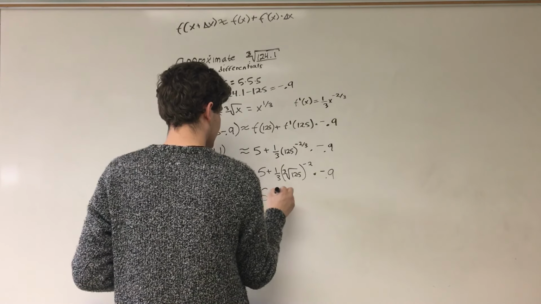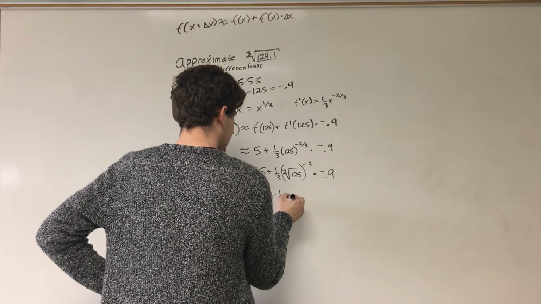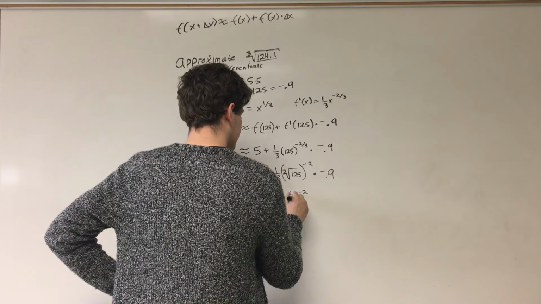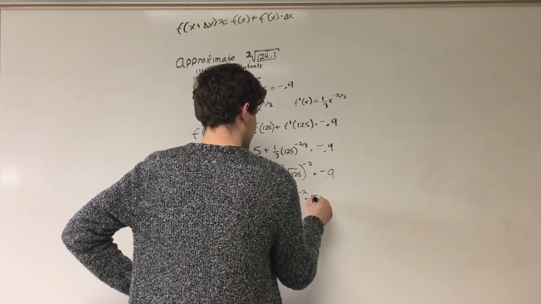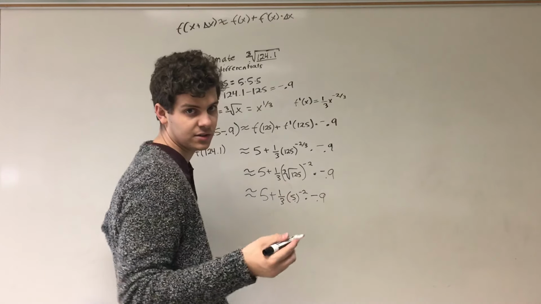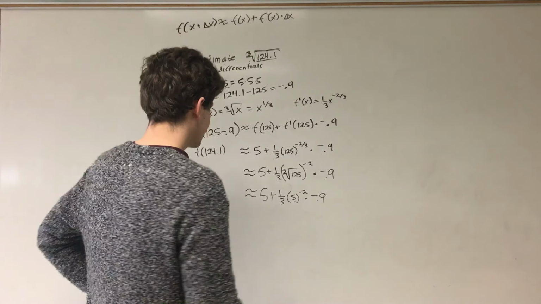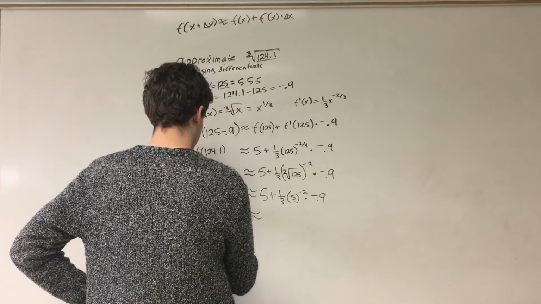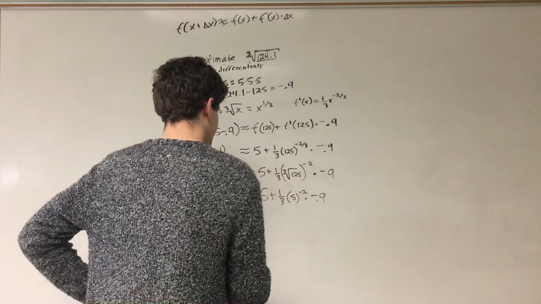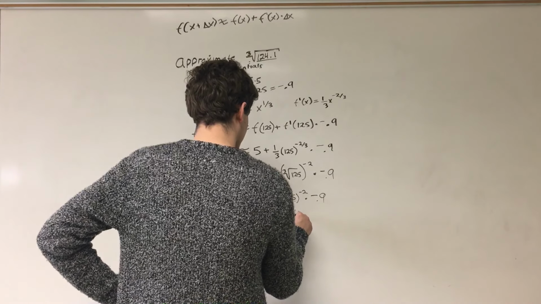So we have 5 plus, again, the cube root of 125 is 5. So we have 1/3 times 5 to the negative 2 times negative 0.9. Simplifying this even more, 5 squared is 25. To the negative 1 power is going to be 1 over 25. So we have that f of 124.1 is about equal to 5 plus 1/3 times 1 over 25